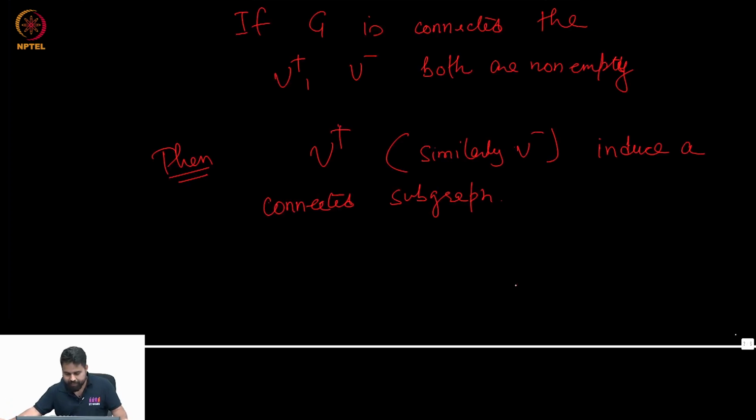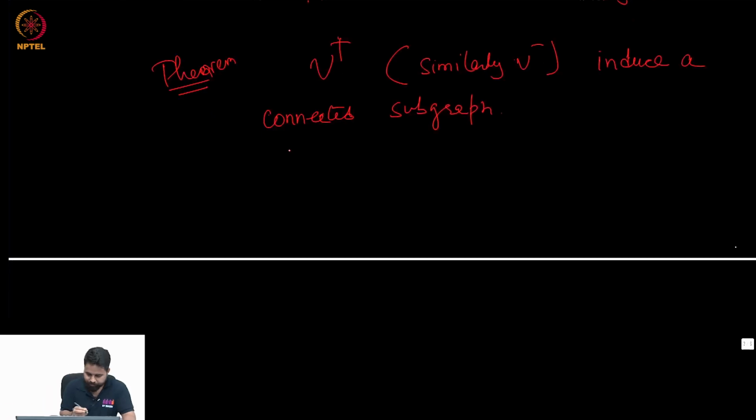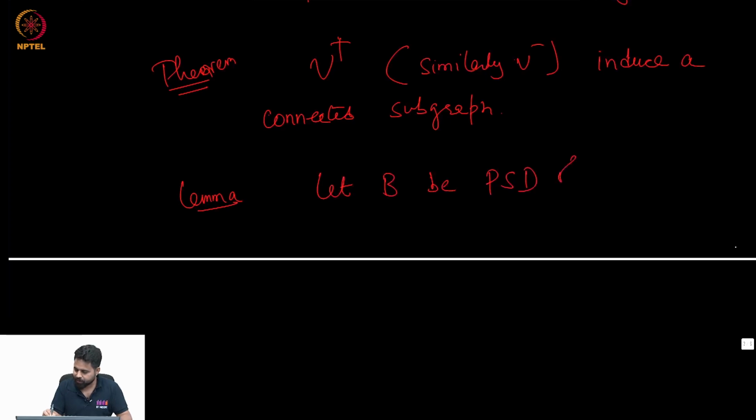But before that I need a theorem. Actually, I have to make use of a very small, very crisp result. So let me first write that result, and then we will head towards proving this beautiful theorem. Let me call it a lemma, because I will be using it for proving this result. Suppose B is a symmetric positive semi-definite matrix of order n cross n. Then our claim is, for any vector X,